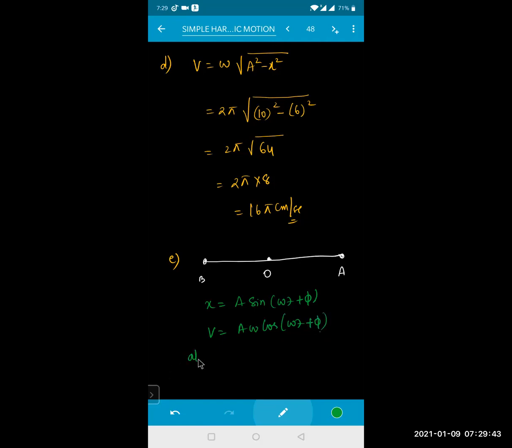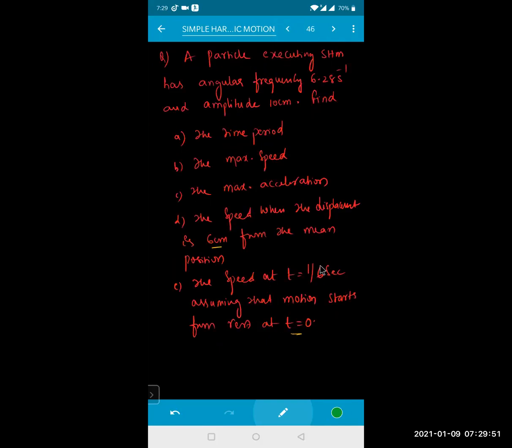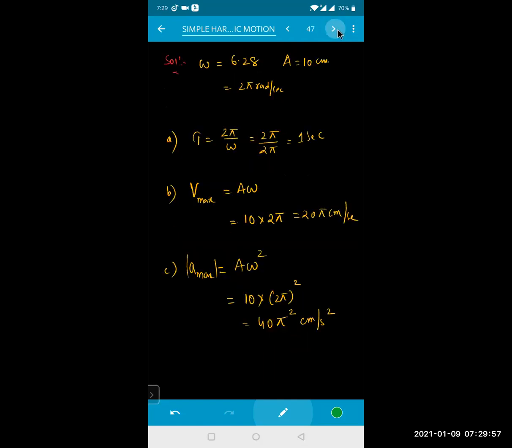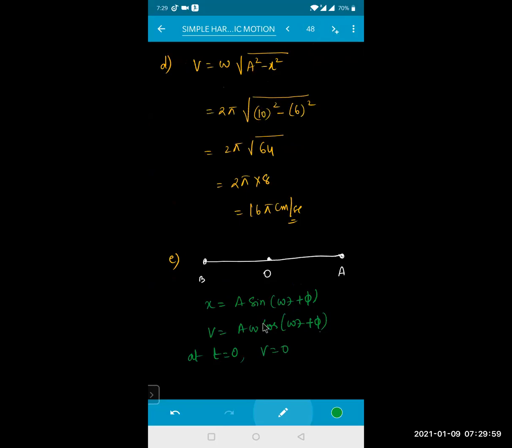Now see, at t is equal to 0, because it is starting from rest, the velocity is how much for me? 0. He has given that in the data. See, the speed at t is equal to 1 by 6 second, assuming that the motion starts from rest. Starts from rest means at t is equal to 0. What is the velocity now? See, if I take t is equal to 0 in this one, isn't it? So what is the velocity at t is